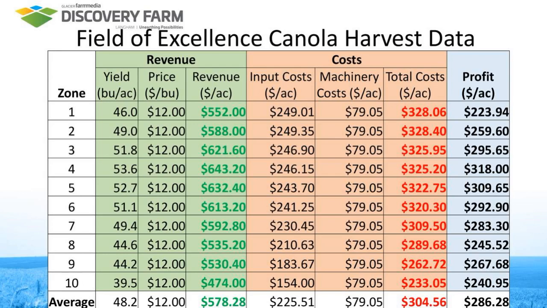So I've reported the profit for each of the 10 zones as well as a weighted average along the bottom. And as we would expect, the most profitable zones were zones 4 to 5 in the field. However, we do see significant variability in the field. And so by looking at some of the data coming up, we'll try to tease that out and understand the reason for that variability.